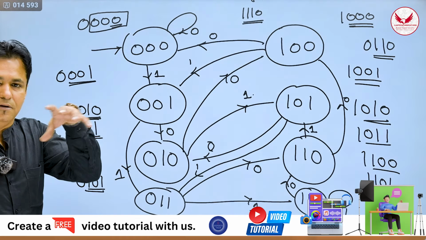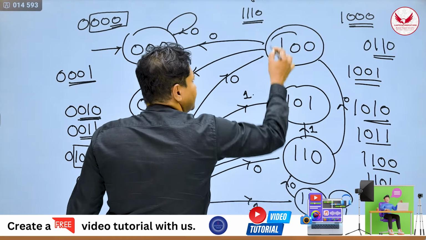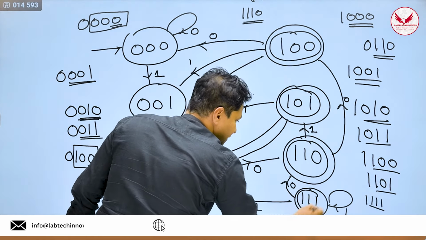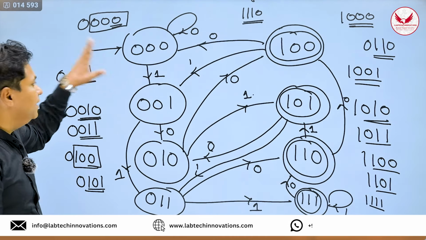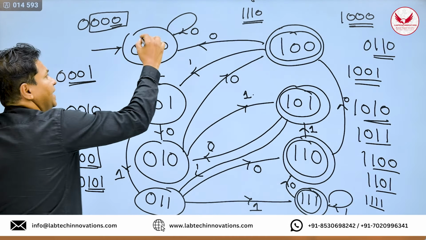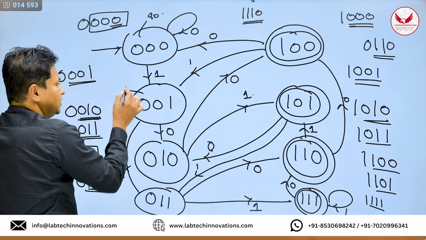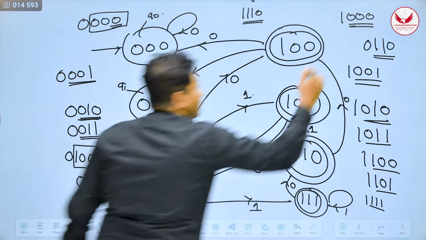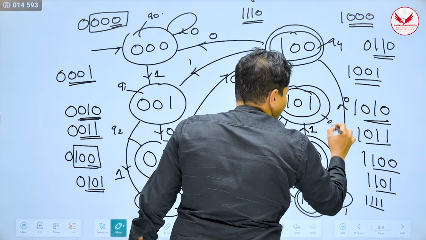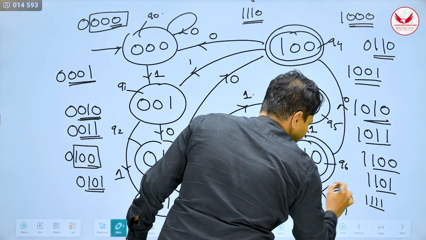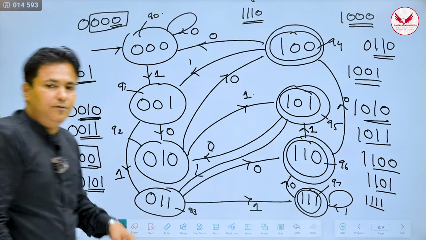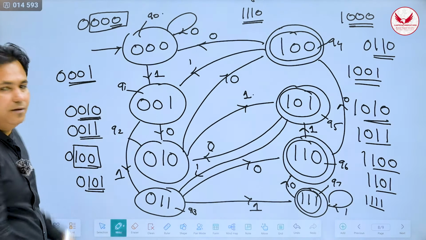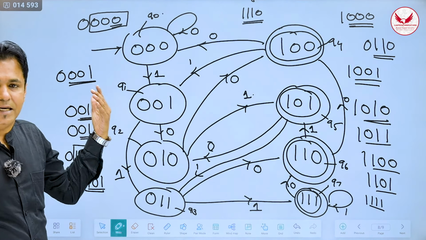So what is the final state? The final states will be these 4 states. Why? Because a 1 is appearing in the 3rd bit, and this will be my initial state. And now again you can rename these states. You can rename it Q0. This will be Q1. This will be my Q2. This will be my Q3, Q4, Q5, Q6 and Q7. So here 8 states are required, from Q0 up till Q7, to design the machine, that is, the 3rd bit from the right side is always